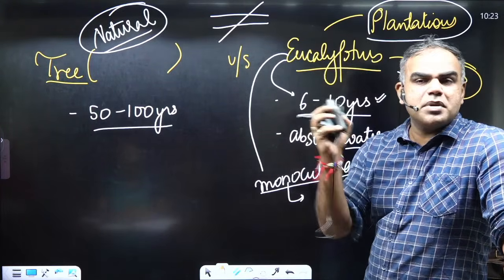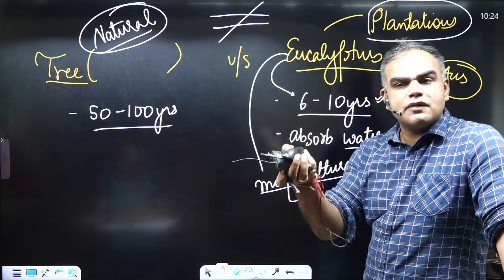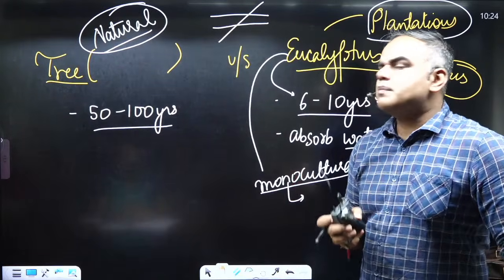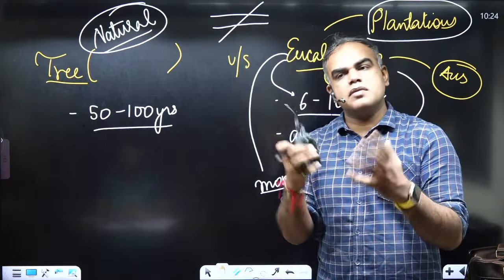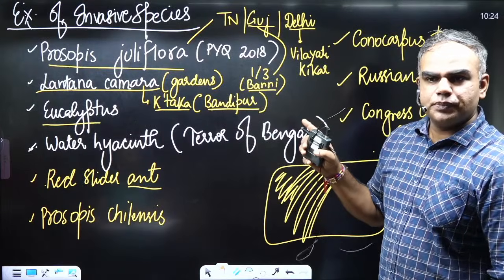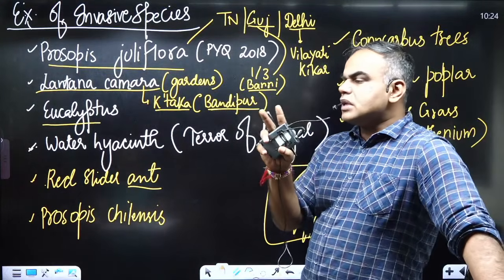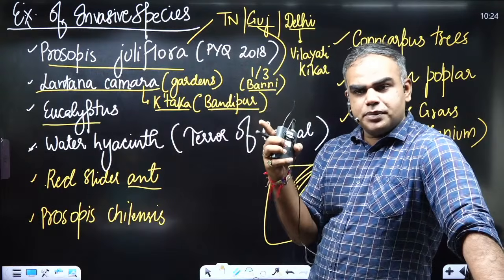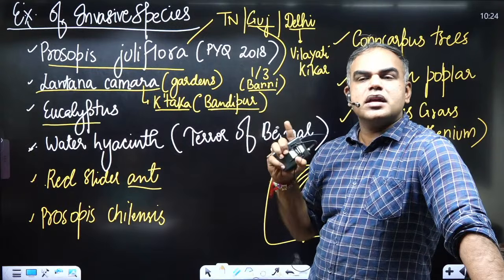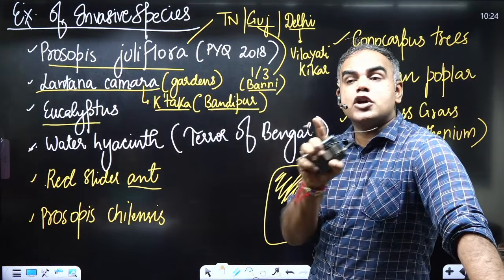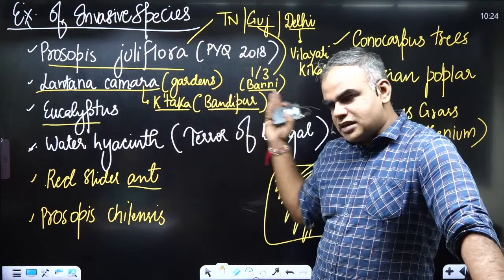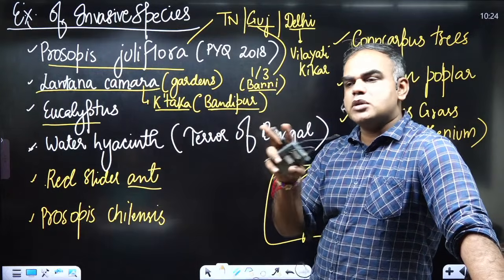Yes or no? This time there is a bumper rainfall, but what is the problem? Most of the areas have gotten flooded. So many articles, in different areas, so much crop and produce has gone to waste. Are we able to understand this? So when I say eucalyptus, of course, it absorbs a lot of water, which can help, but which can also be a problem. Second, it grows very fast. Third, a natural forest and a plantation are not equal. Remember this. At least in the margins, please write down: a natural forest is not equal to a plantation.